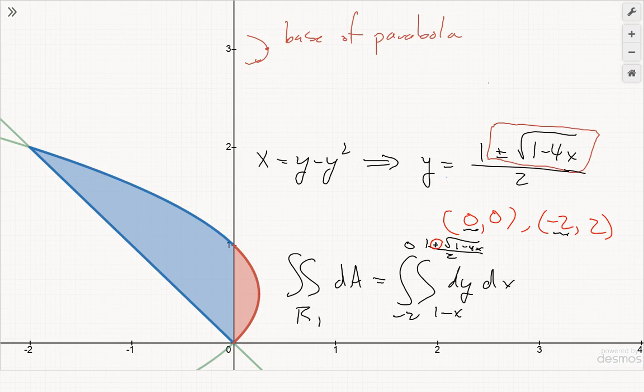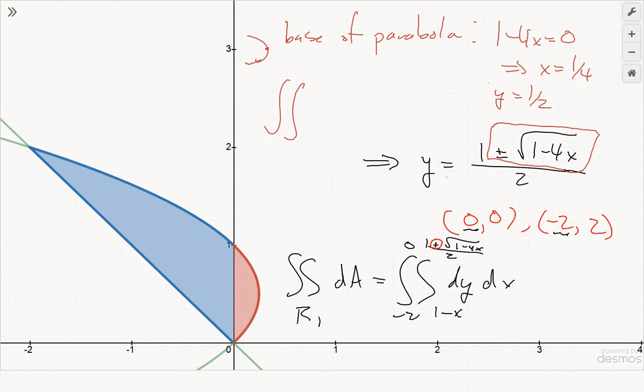So that'll give us 1 minus 4x is equal to 0, gives x equals 1/4, and then y is equal to 1/2. So the integral for the area of region R2, the integral of R2 dA,